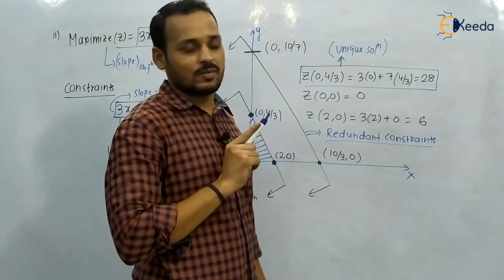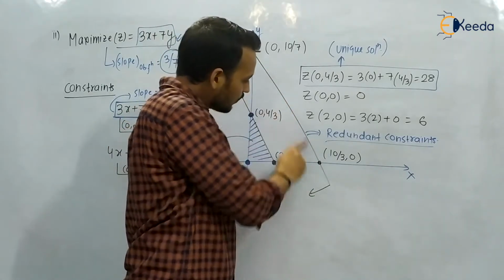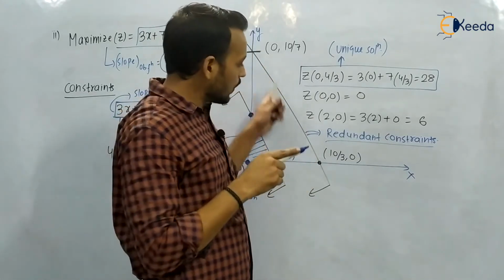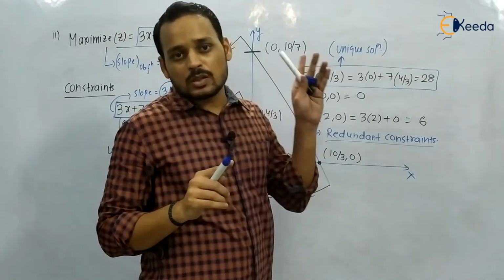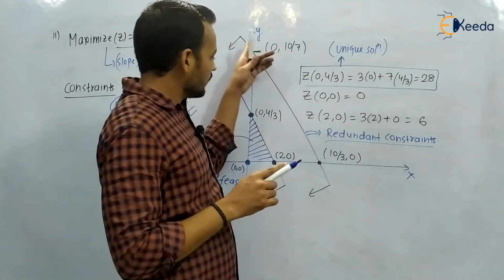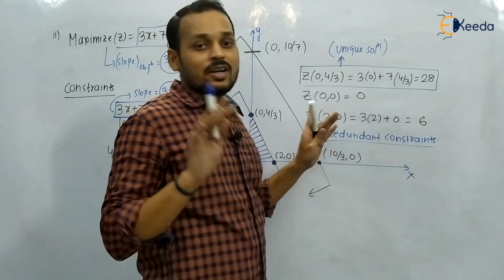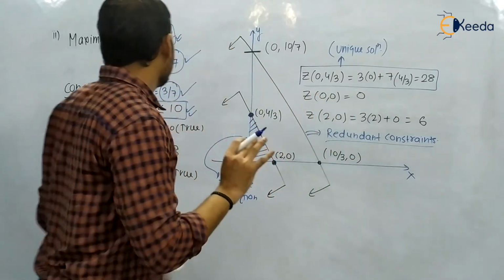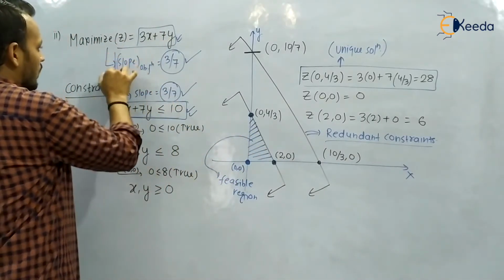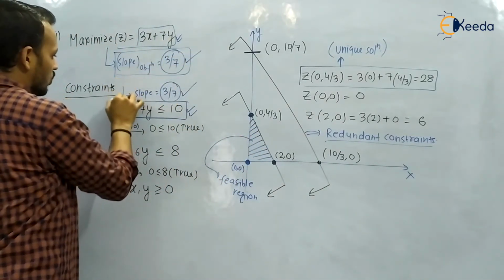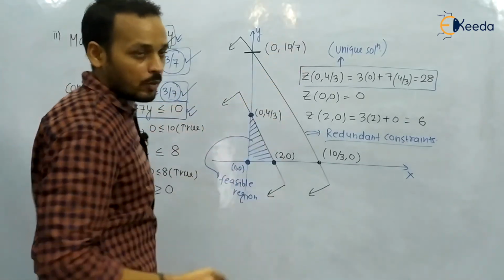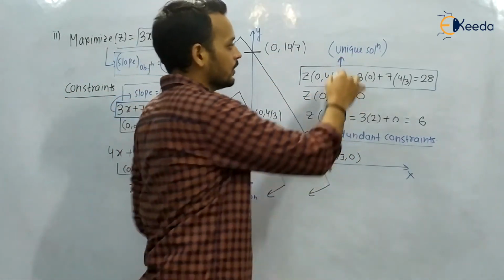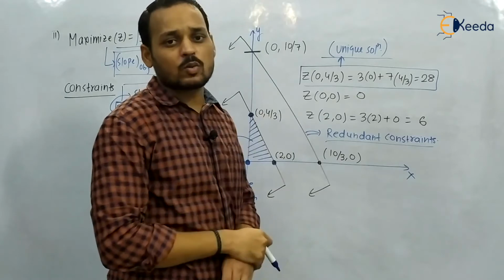This is the limitation. If the slope of the objective function is equal to the slope of the constraint, then the solution is multiple optimal. That is true, but the constraint should not be a redundant constraint. Just keep these things in mind, because in the examination students do this: the slope is equal, so they just take multiple optimal, and you will get negative marks. See, it is a unique solution, and this is a previous year GATE question.